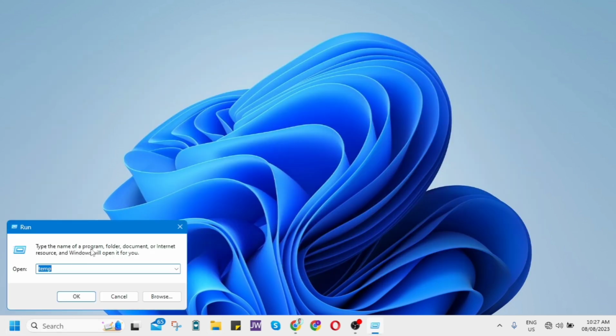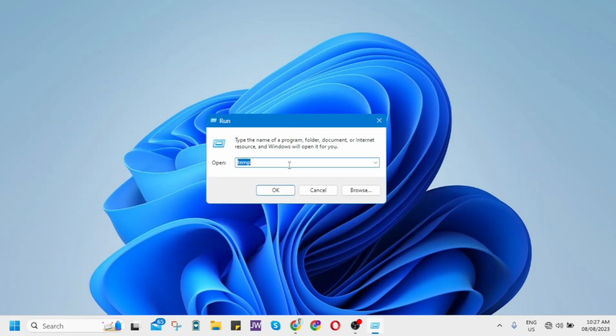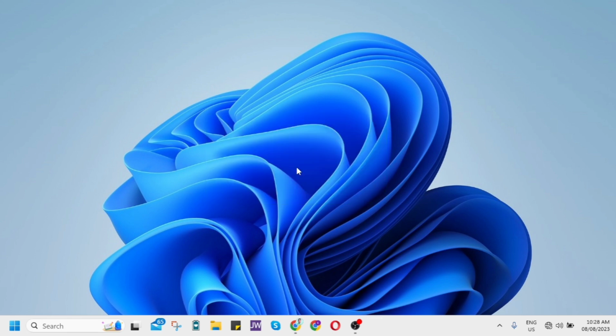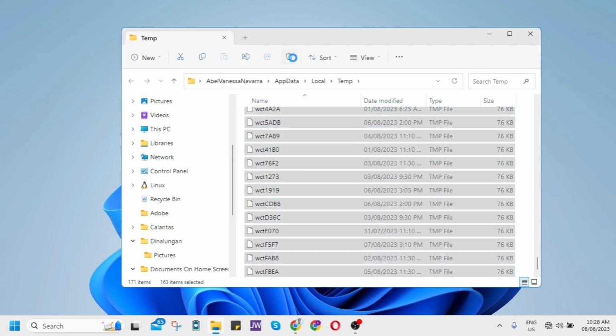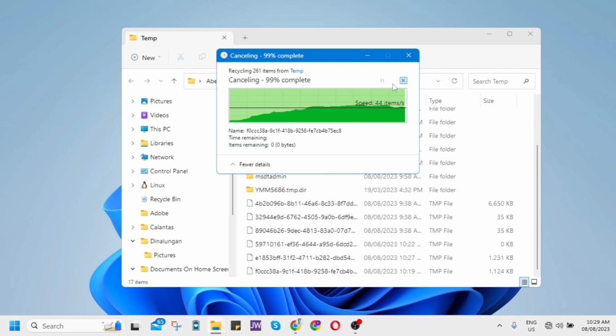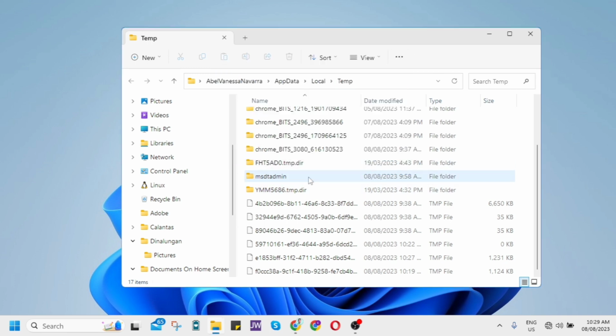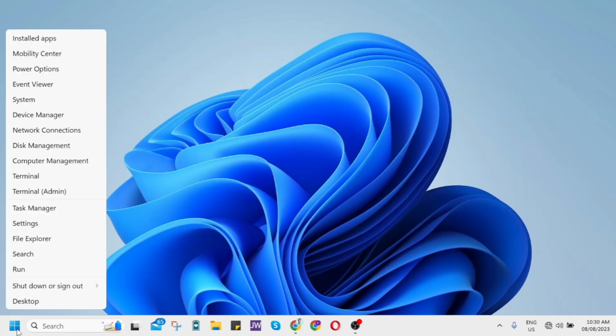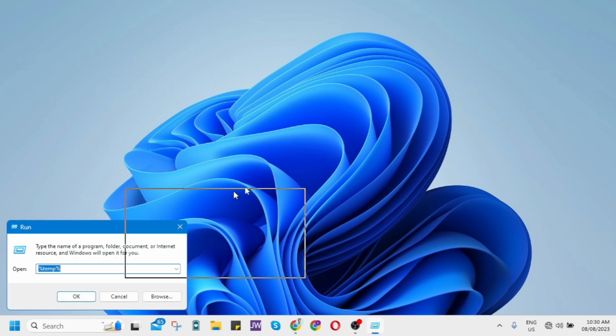Now once you delete this one, let's go back to the start icon, then right click again, then go to run, and then type here percentage temp percentage, then click enter, and then again delete all the files right here. These are the junk files that need to be deleted, and then go back to run, and then type right here